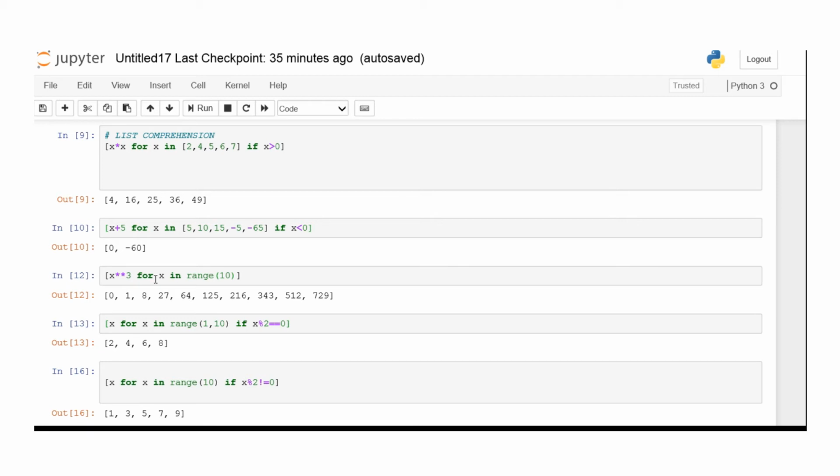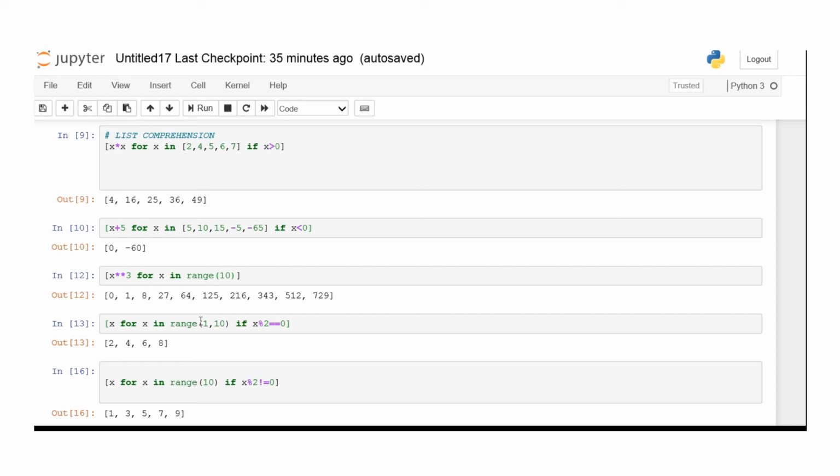Here I am trying to get the cube of all the given x values. We have seen a list here, but instead of a list I am giving a range value. It will take the range value from 1 to 9. I already talked about range: the range function won't take the last value, the ending value. So for this range 1 to 9, it will simply give you the cube values as output.